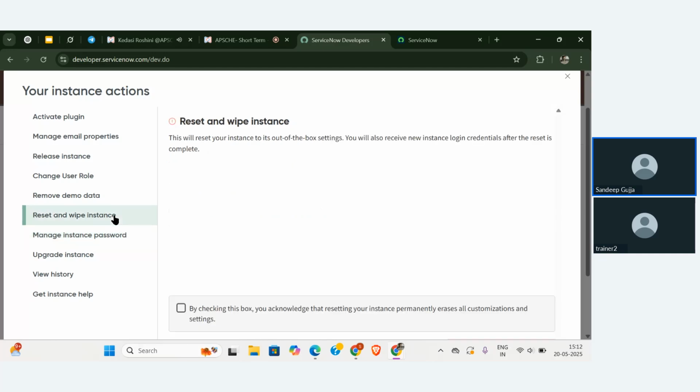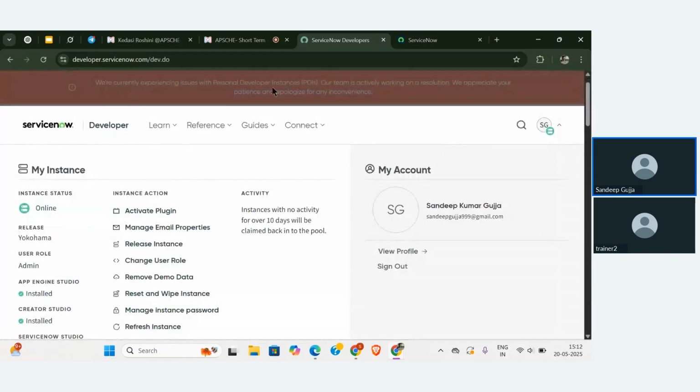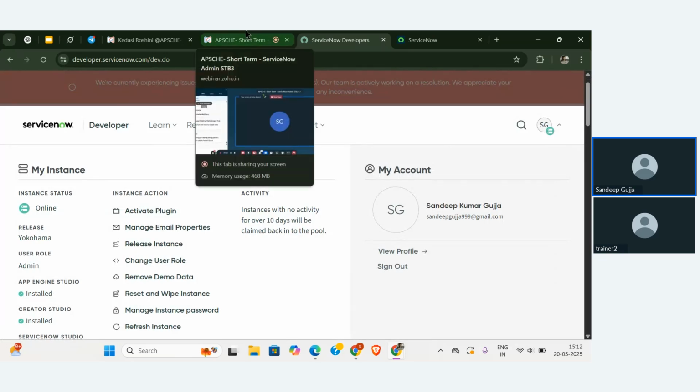Coming to the next option, that is reset and wipe instance. What is this reset and wipe instance? Whatever configurations we have already worked on previously are not useful for me right now, or they are going to disturb our new customization.